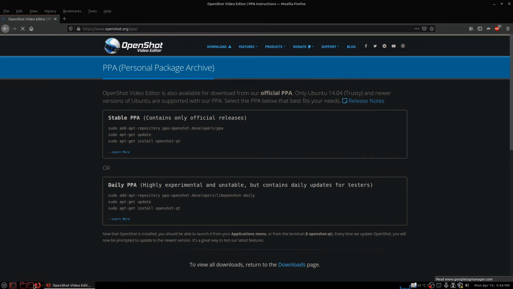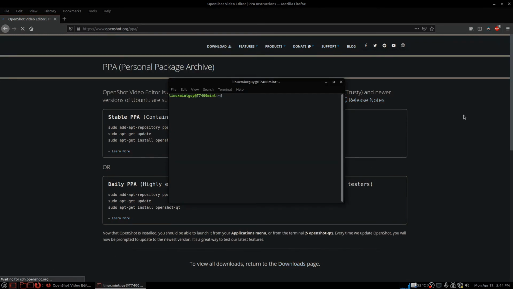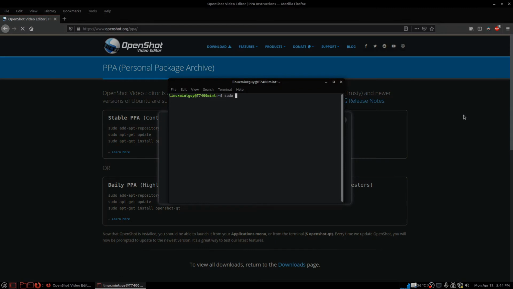You want to open a terminal window. You type this in to remove the old version, but I don't have that version, so it's not going to work for me. But you want to type in sudo apt autoremove. That removes your old dependencies. I'm not going to do it right now because I've already done it, but that's the exact line you want